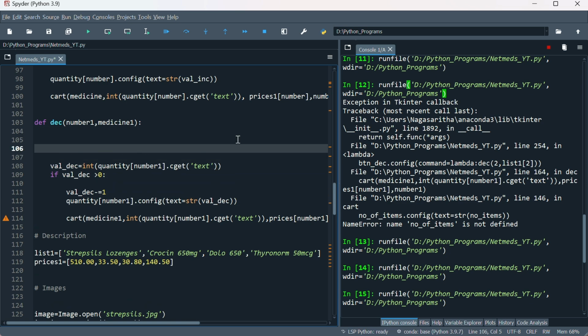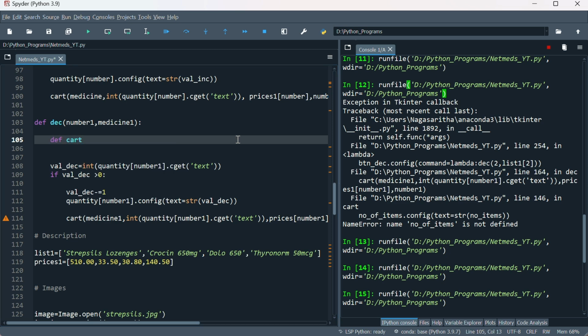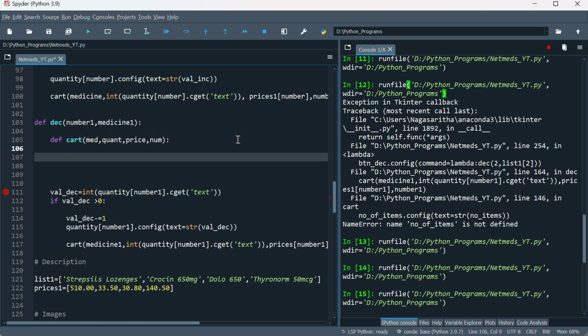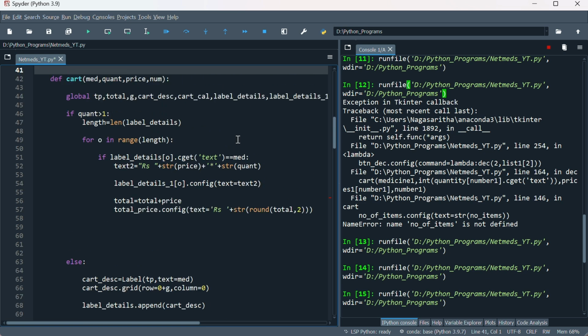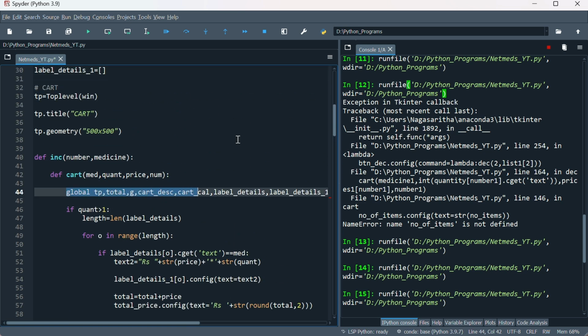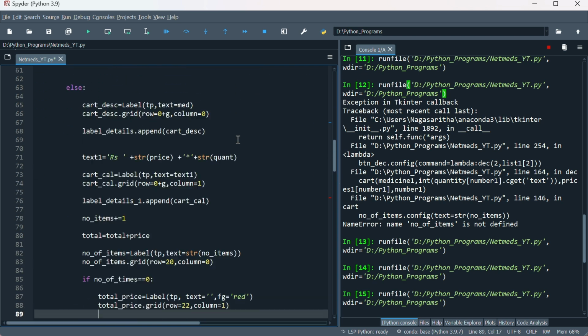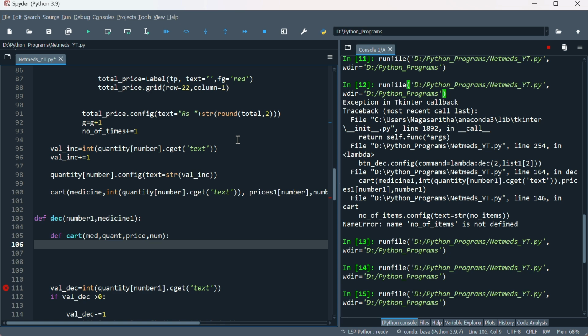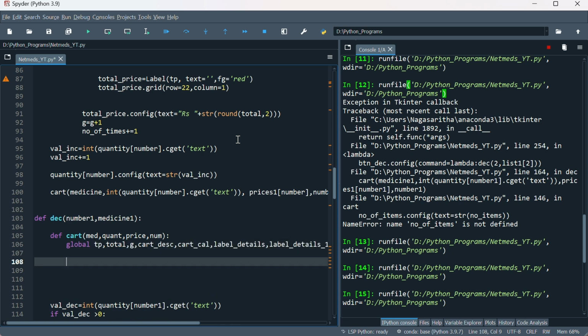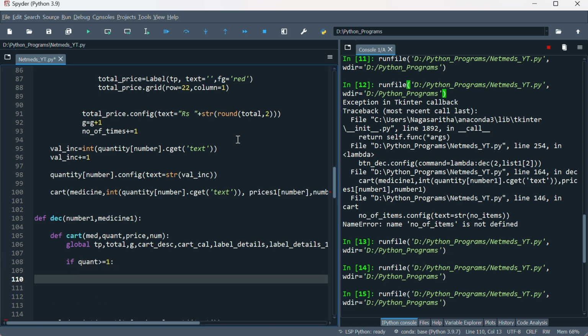Now let me define my cart. Def cart, it is med, quant, price and then num. Let me define my global variables which I already defined in the increment function. Let me copy it. So I've defined my global variables. Now, if quant is greater than or equal to 1,